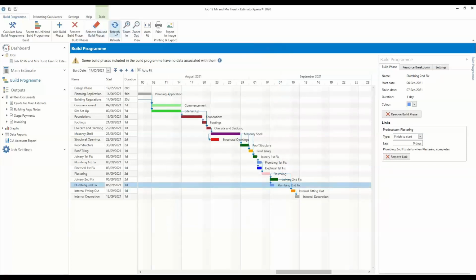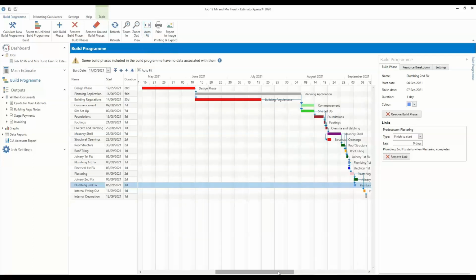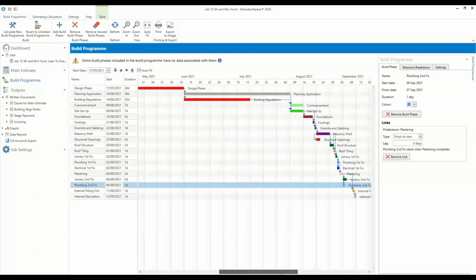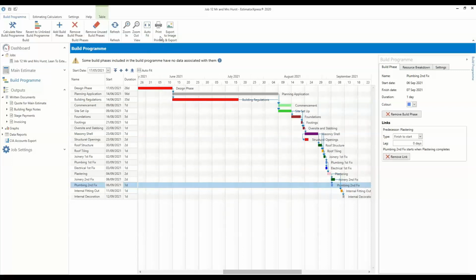So you saw how the refresh button worked when we added in a lag time and then we clicked refresh. So the build program could update and take that into account. Zoom buttons are for zooming in if you're setting up task dependency links and you want to be able to zoom in as you do that, that's helpful. Auto fit will auto fit the chart back onto your screen. Then we've got